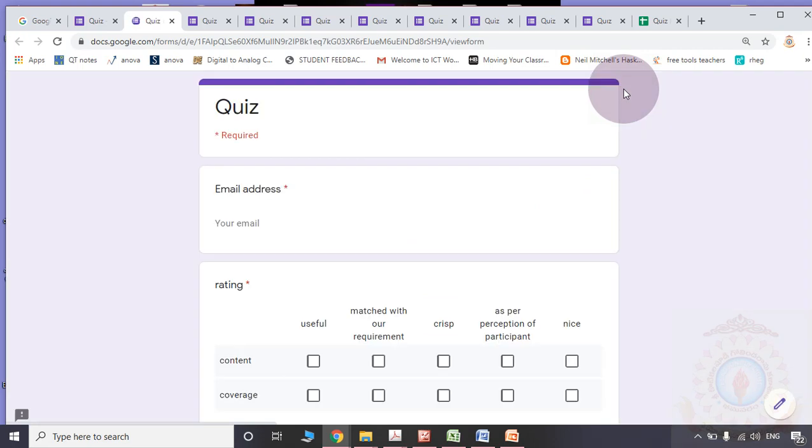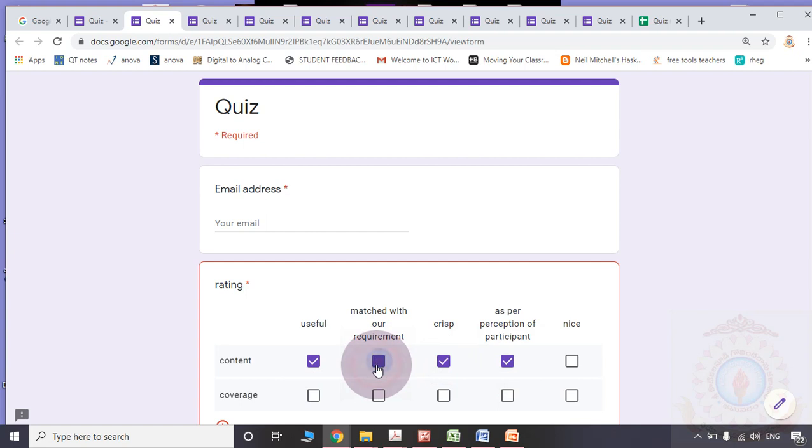Now please see the preview. Now here, in the place of the sub question content, they may choose useful, and they may feel like the content is very crispy. That is as per the perception of the participant.